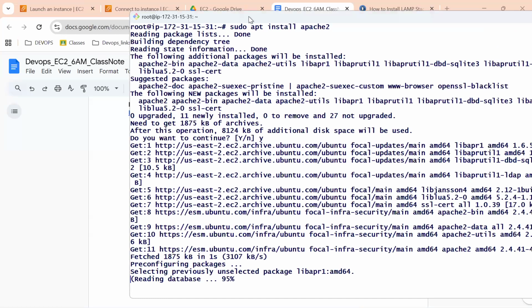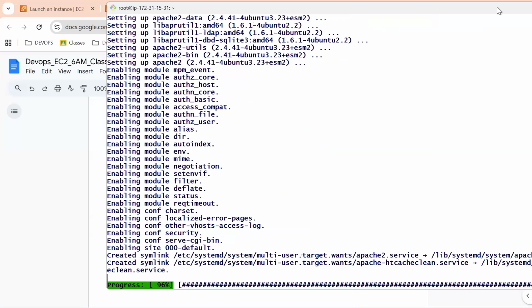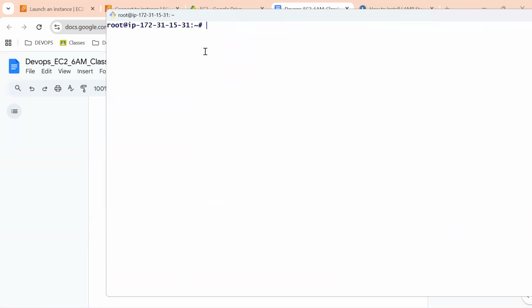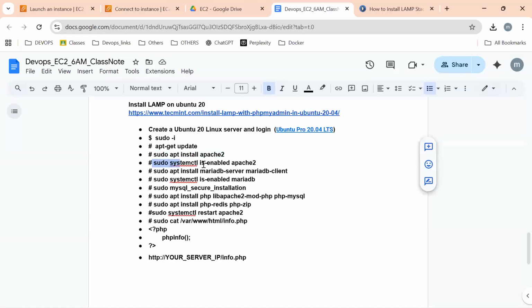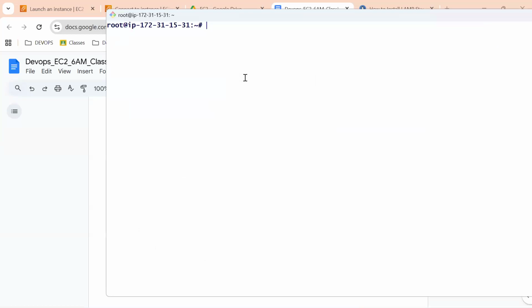Is our web server successfully installed? So once the web server is successfully installed, then we need to enable the web server. Apache 2 web server, we need to enable. Even if your server is rebooted, automatically our Apache 2 service is started.